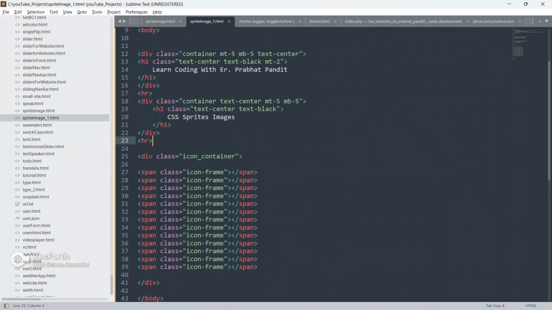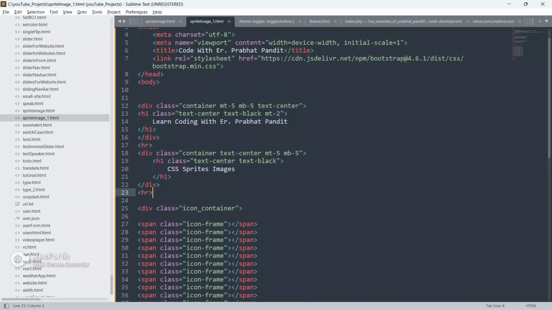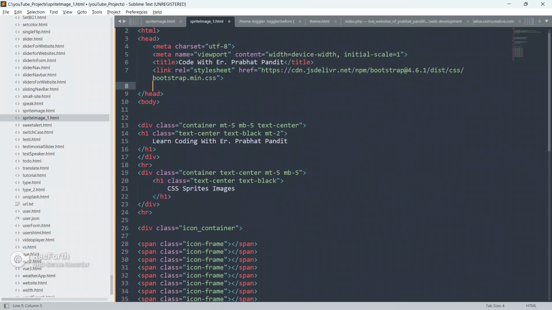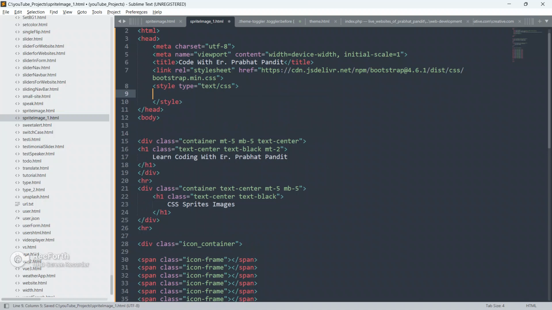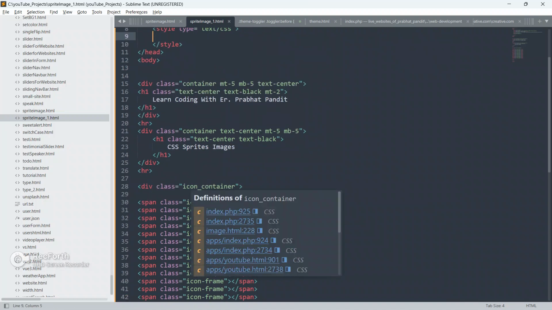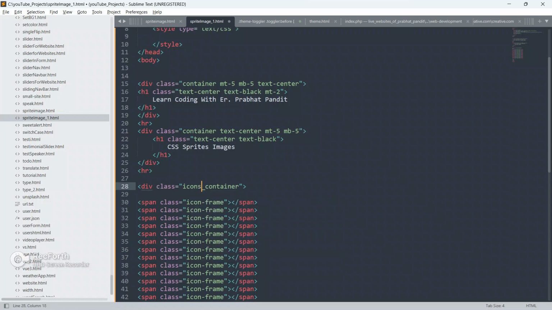Okay, so now we are gonna create some style sheet. Okay, so I'm going to create an internal style sheet, guys. So inside the head I'm gonna create a style. Okay, so now I'm gonna target this icon container.